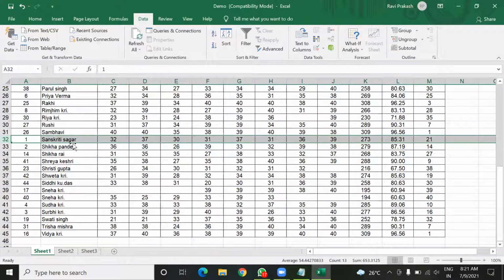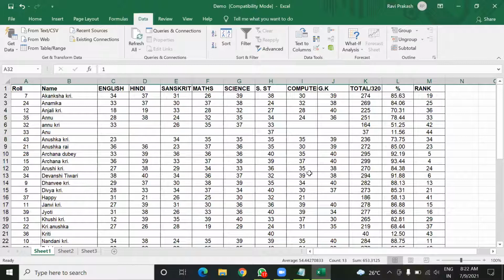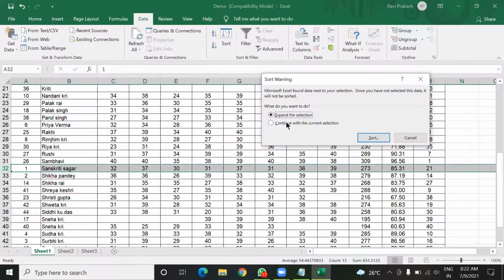This order must not change because all these columns are dependent on each other. So if we have a table in which columns are not interdependent, then we can sort this.